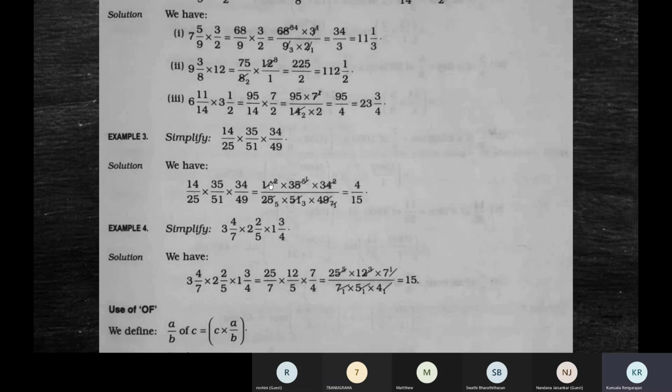Now you take up some 2 numbers from the numerator and denominator. It's not that you can cancel them only once. Now, after cancelling them once like this, supposing you have numbers like say 15 and 25, you have a 15 in the numerator, you have a 25 in the denominator. You can again take up 15 and 25 and divide by 5. 15 divided by 5 is 3. 25 divided by 5 is 5.